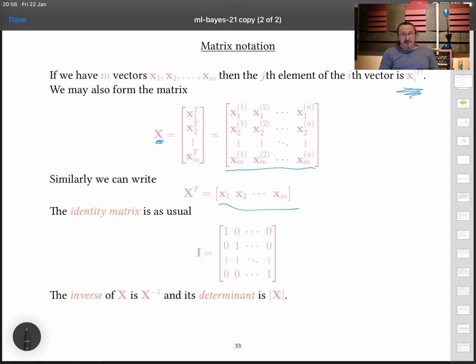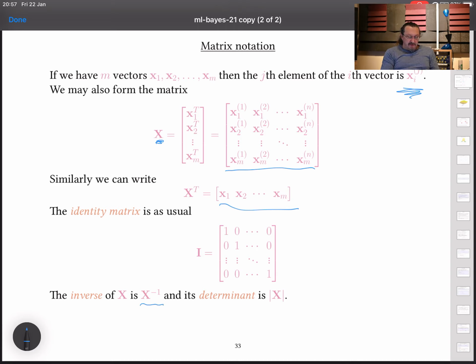This does unfortunately involve some kind of notational pain and suffering, but I'm afraid if you want to do work in this area and really understand and develop new algorithms and understand how they work, it's kind of inevitable. The identity matrix is its usual self, okay, it's I, and its size is usually inferable from its context.